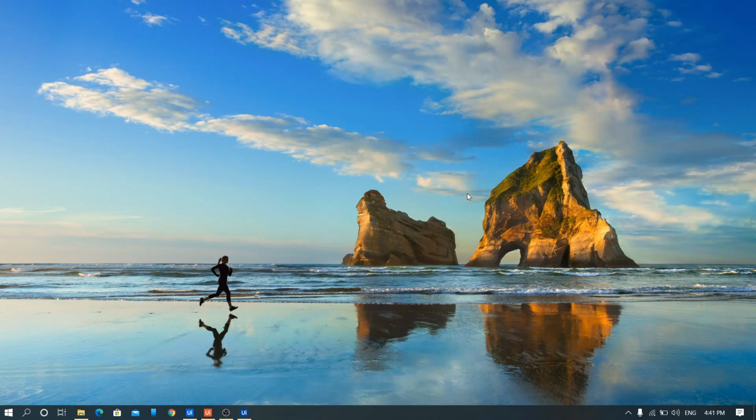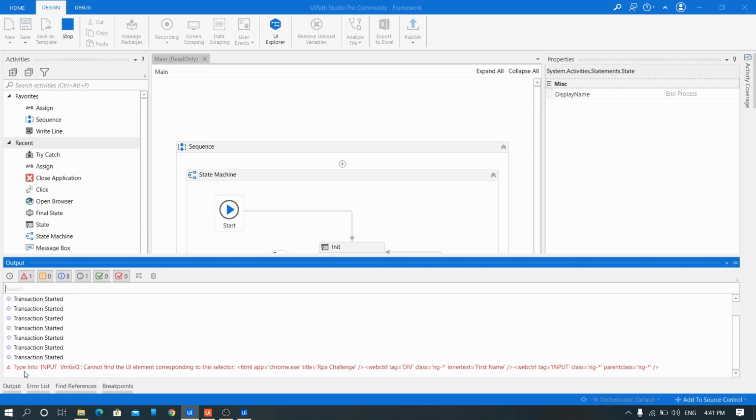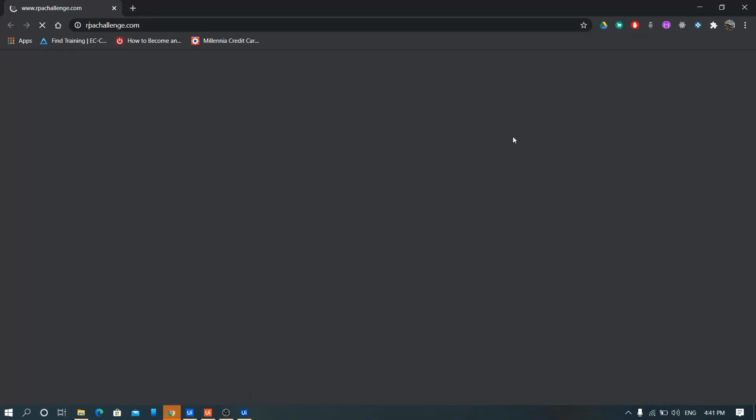So what it does, it reopens everything. So I have closed everything now. So as per our program, it should reopen everything and it should proceed ahead. As you can see, it got an error. So now let's see what happens.